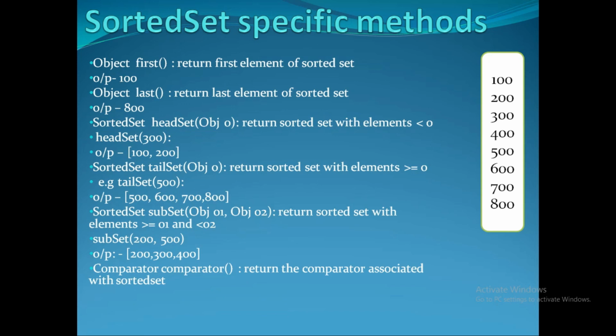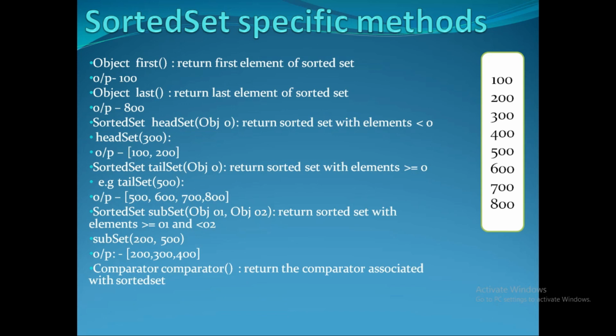By default, if you don't specify any comparator, if you want to go with the default natural sorting order, comparator will be null. But if you don't want the default natural sorting order, you want your own specific order, like students by marks or students by name, you want to store in your own way, that time you should write the comparator. What is meant by Comparator? Comparator is nothing but one of the interfaces.